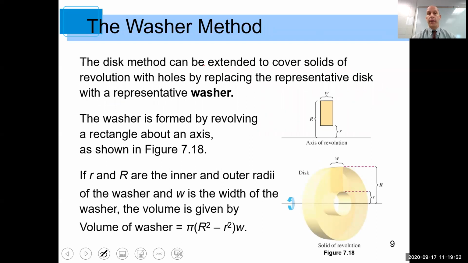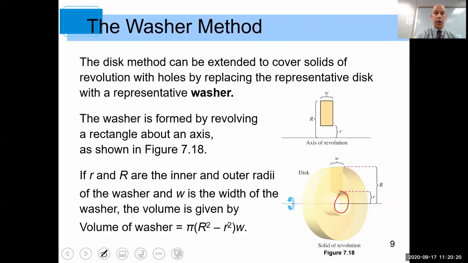Now the washer method is basically going to use what we just did with the disk method. It's just that now, with the washer method, this inner area, or inner volume, is being subtracted away. The disk method can be extended to cover solids of revolution with holes by replacing the representative disk with a representative washer. So if you think of this as a washer, it's got a hole in the middle,